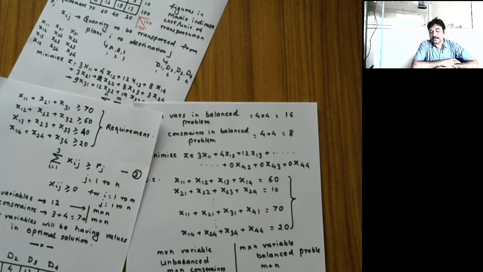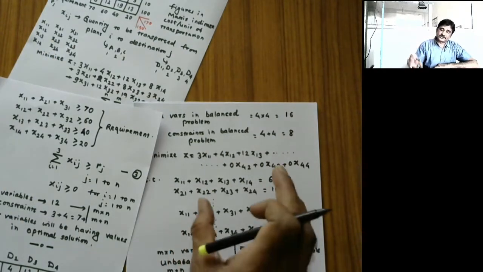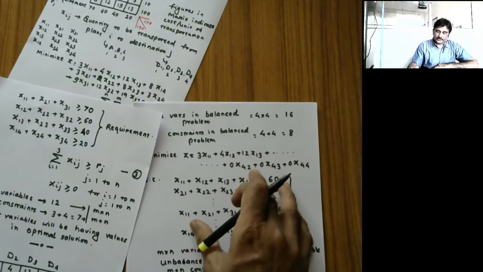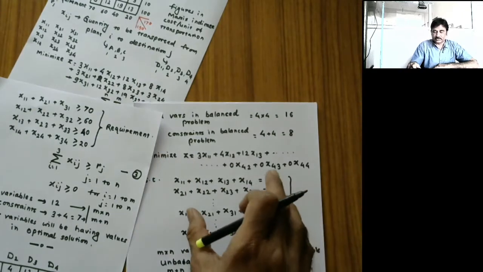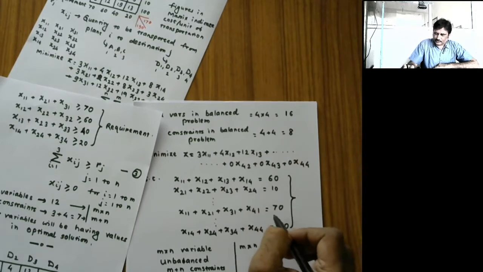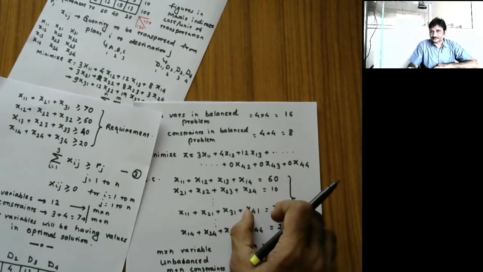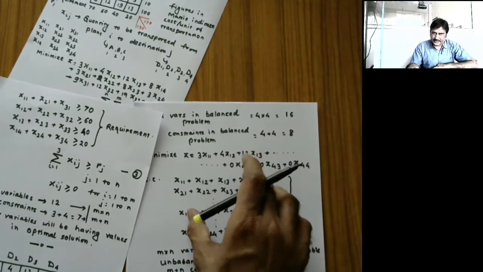Okay, total requirement is equal to total capacity. By inserting that constraint into this problem, you can take out one constraint out of this problem. That constraint is not visible in this problem. The visibility is because we were able to make all the signs equality type. That is the visibility of the balancing which we have thought of in this problem. Capacity equal to requirement is accommodated into this formulation.